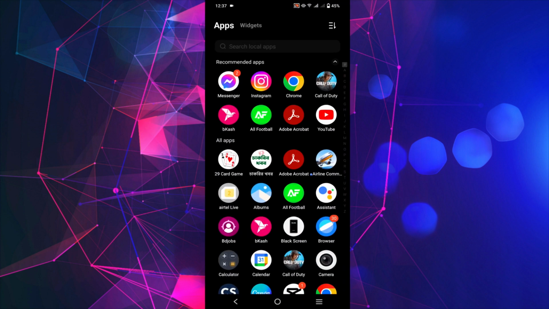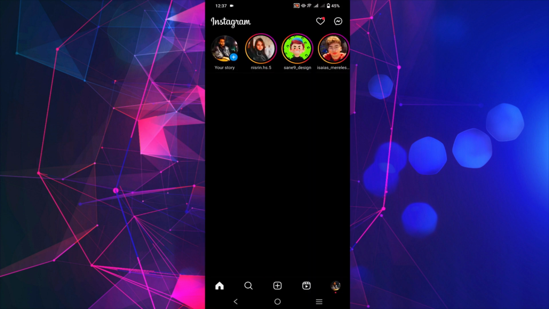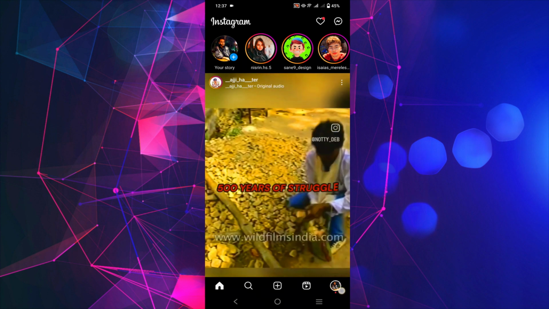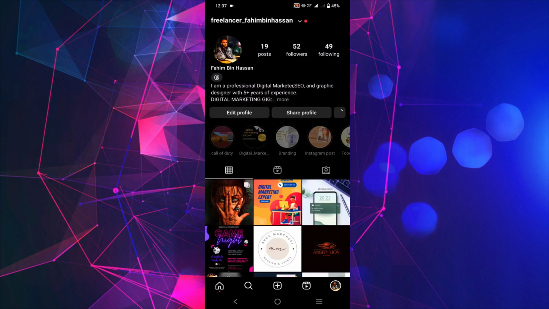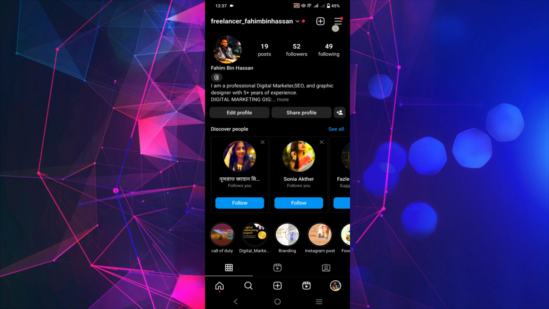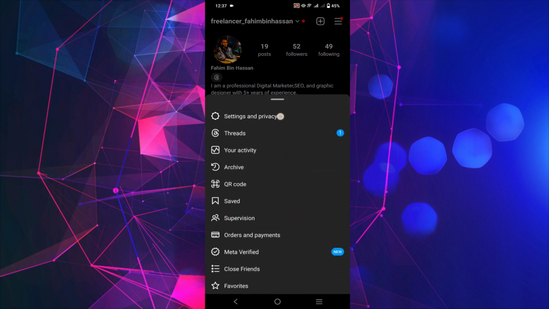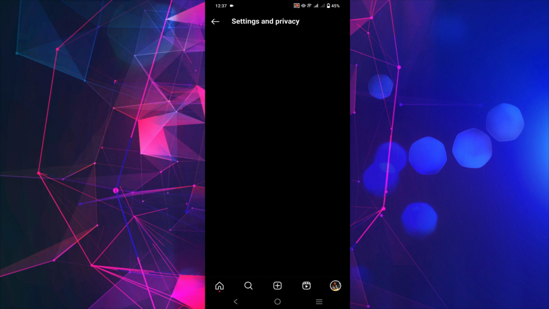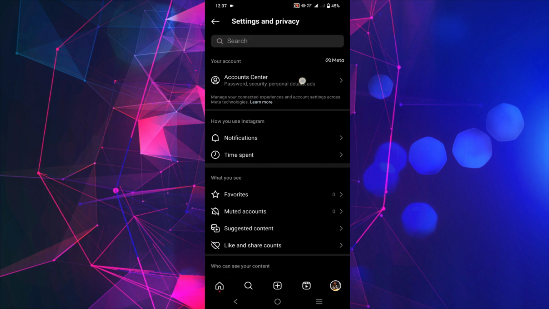First of all, go to your Instagram application and now select the profile icon on the bottom right, and now select those straight three lines on top of your screen, and now select settings and privacy here, and now go to account center